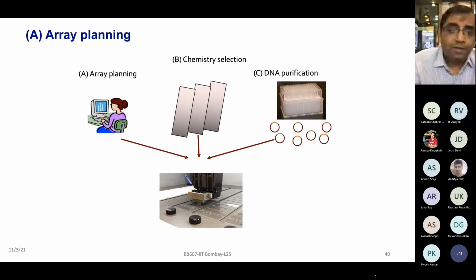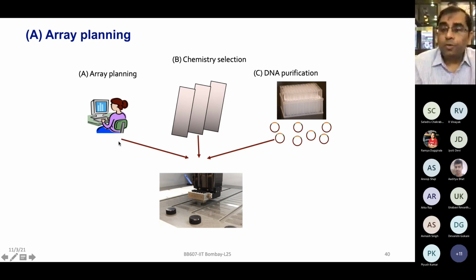Now I'll be much faster and quicker to go through the remaining slides. A lot of content to be covered, but since I have explained visually, now it will be easy for you to follow what we are talking about, right? So we want to print the slides. For doing that, we have to think about multiple things. What type of slide should we take? Glass slide, gold slide, nitrocellulose membrane. What can be the chemistry which I want to utilize for doing that? What would I like to print?